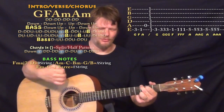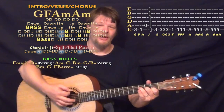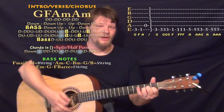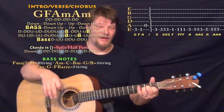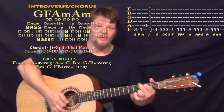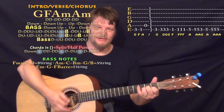If you're feeling the quarter note, you do four downs on everything. G, 2, 3, 4, F, 1, 2, 3, 4, A minor, 1, 2, 3, 4, A minor, 1, 2, 3, 4. Or you could double time that, kind of feeling eight on each chord. Kind of G, 2, 3, 4, 5, 6, 7, 8, F, 3, 4, 5, 6, 7, 8, A minor,